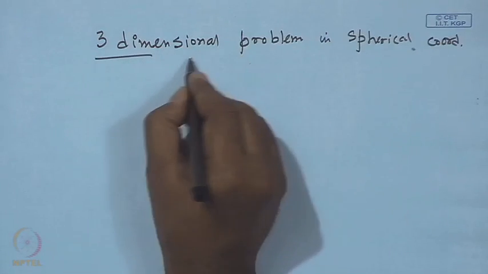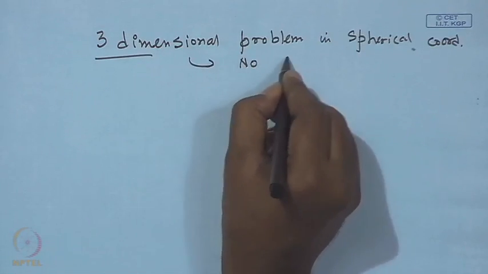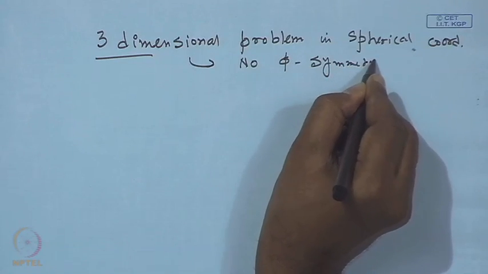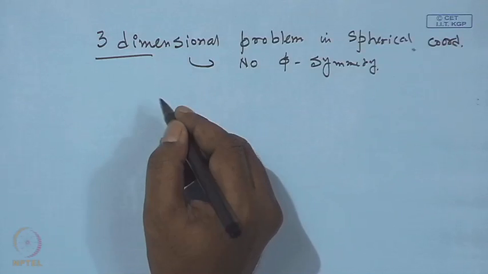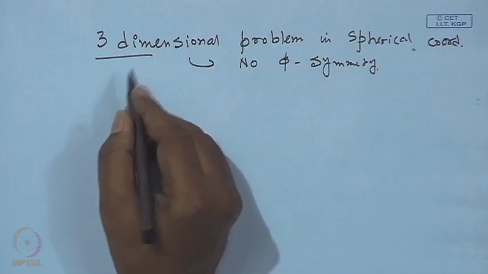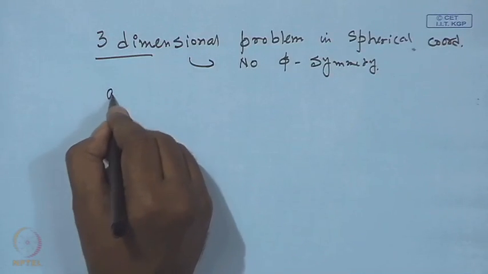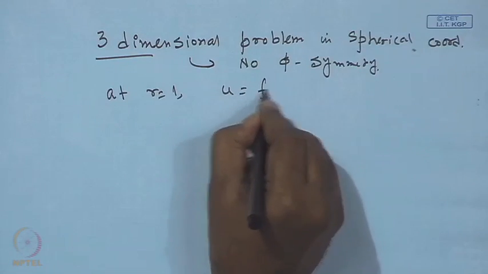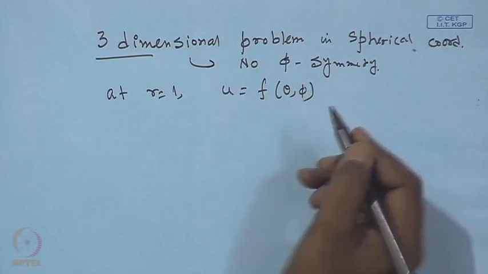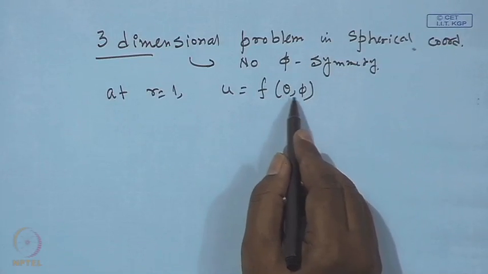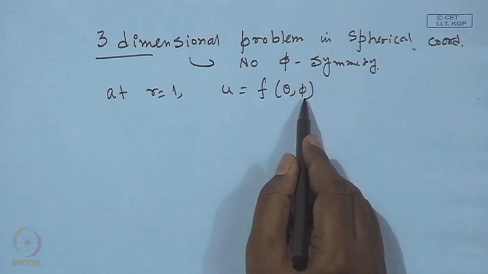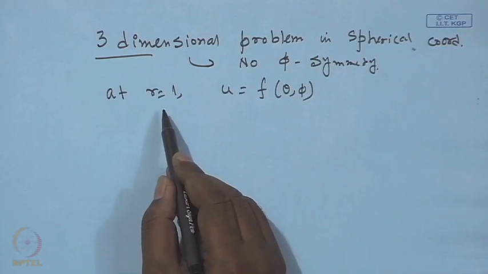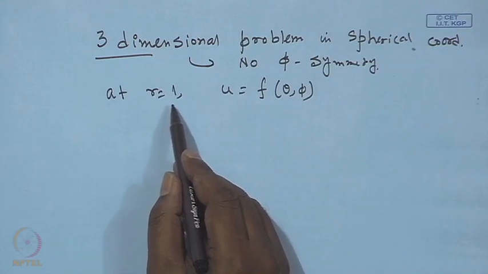Okay. So, no phi symmetry in this case. So, the boundary condition at r is equal to 1, you have u is equal to f of theta and phi in general. So, it may be a function of theta alone, it may be a function of phi alone, it may be a constant, it may be a function of theta and phi both. In the earlier case, if you remember, we had the condition that r is equal to 1, u is equal